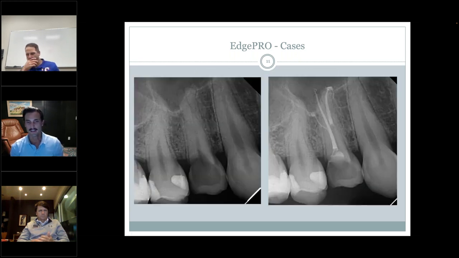And you can see here, this tooth was missing a cusp, so I left a post-space request of the referring dentist, but I was able to clean and obturate. Again, this was early on. My shapes have gotten a little smaller, a little more conservative as I got more comfortable, but I was able to clean and disinfect the two main canals, and then I was able to basically fill the entire extra canal